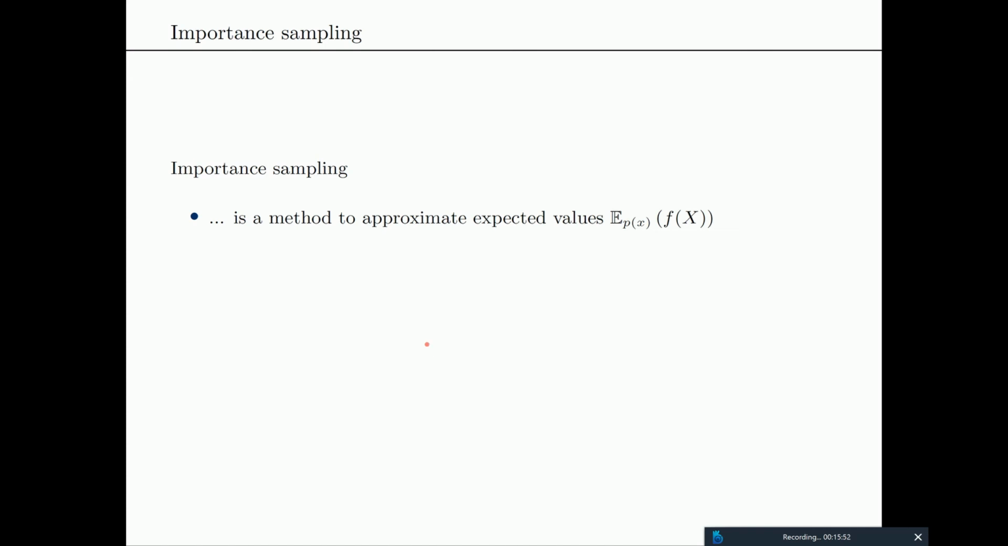So first, importance sampling. Importance sampling again is a method to approximate expected values of this form, like Monte Carlo integration itself. But now the idea is that you may have a random number generator to sample x according to some distribution q instead of a distribution p. Of course, if you now have all these